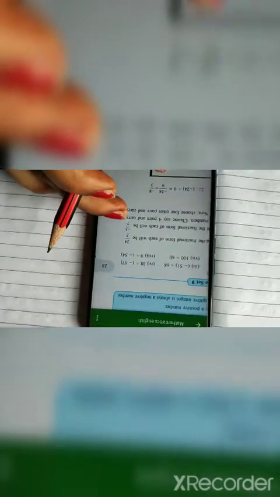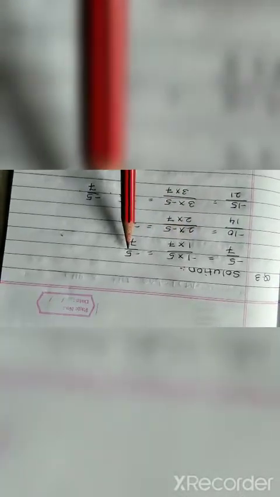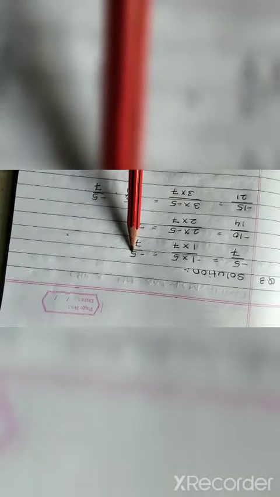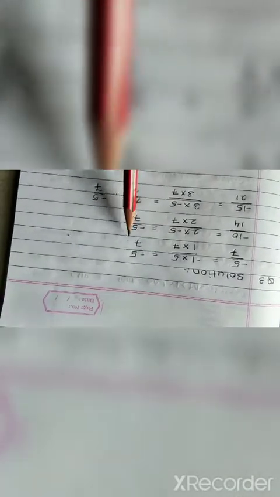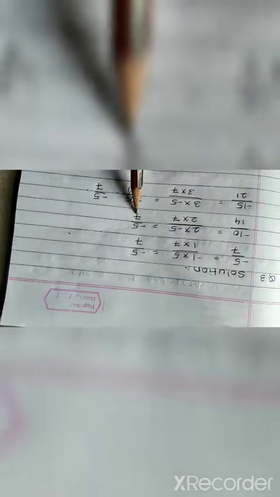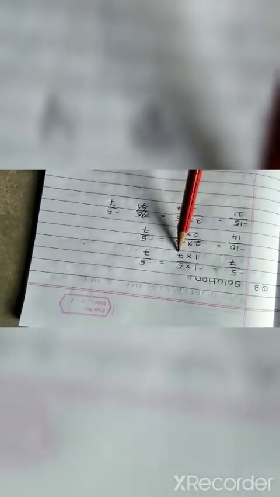Coming to the third question. The third question is also similar to this. Write 3 divisions of integers such that the fractional form of each will be -5/7. Coming to the solution. Again multiplying it by 1, then by 2, then by 3. The answer that I am going to get is -5/7, which is already asked in your question. Again 5 ones are 5, 7 ones are 7, 5 twos are 10.